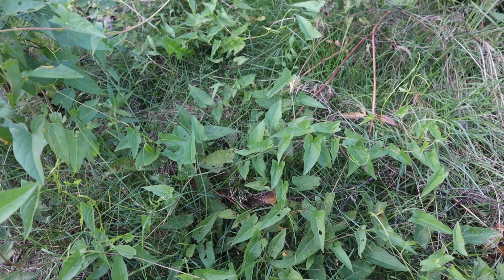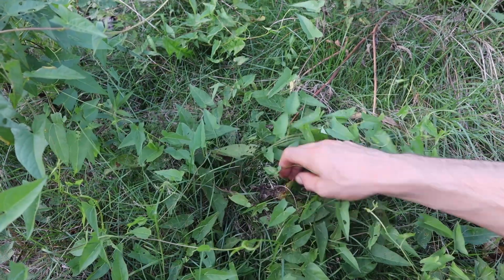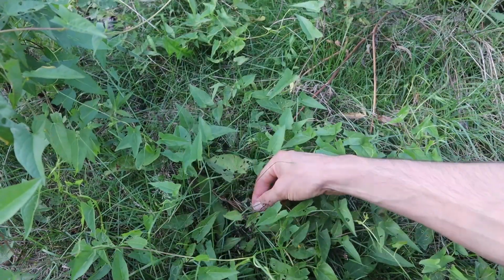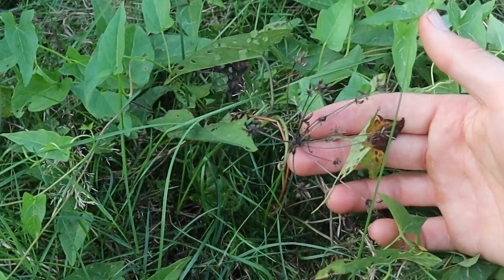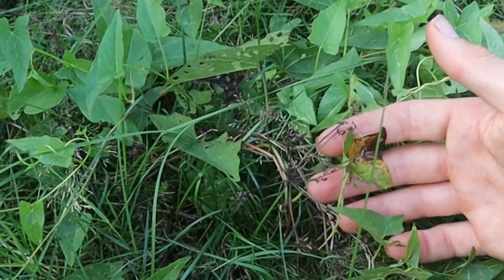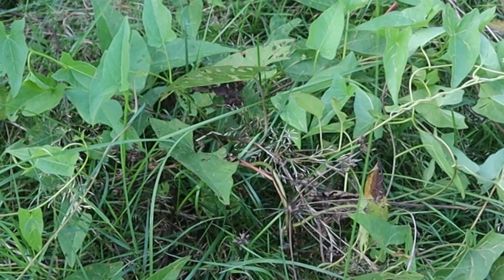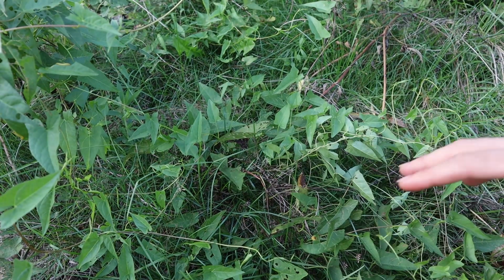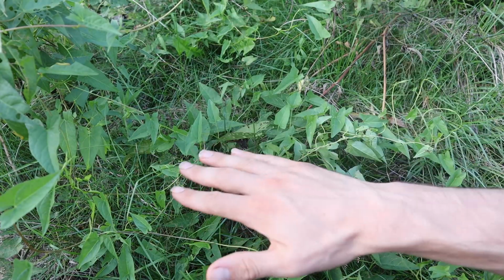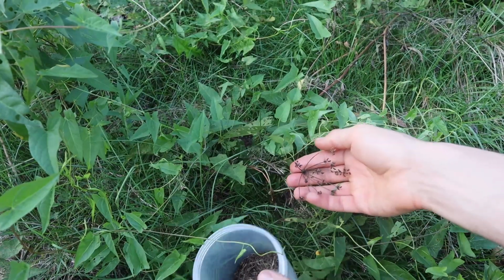Okay, so this is a little late for collecting Golden Alexander seeds, but here they are, buried underneath some of the vines, some of the grasses and stuff like that. But this is a seed head right here. To prevent this, we can usually stake these plants to support their growth, but I think this is like their natural seed dispersal method, where they will flower, begin to produce seed, and then the plants will flop over, and then the seed will drop on the ground away from the plant, and then it can sprout there. But basically all that's involved,